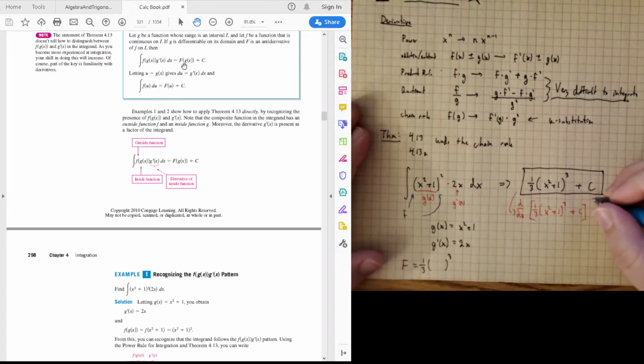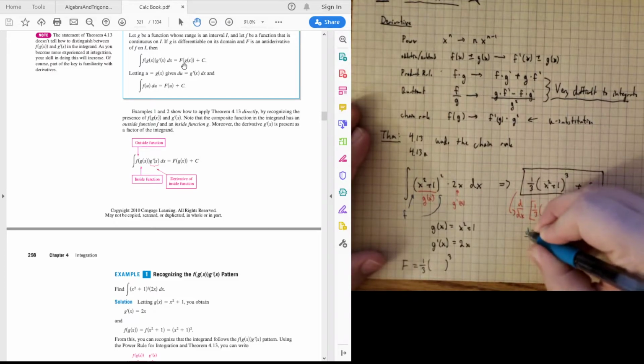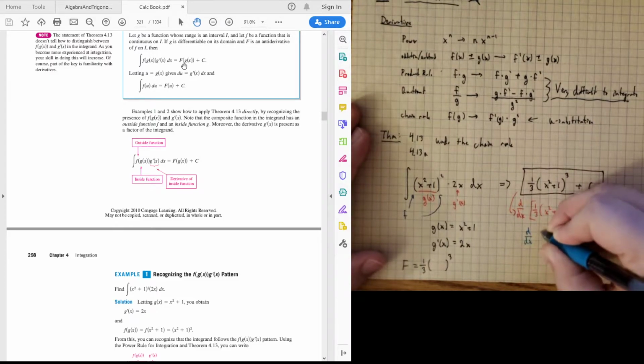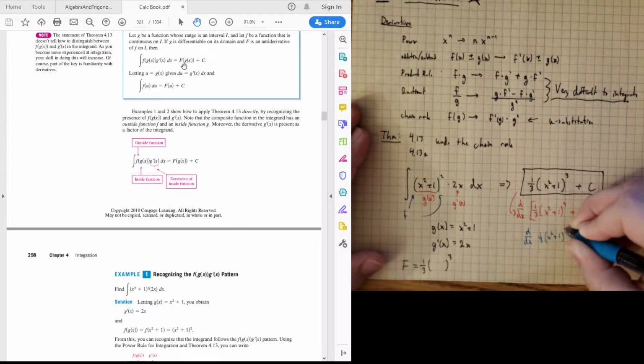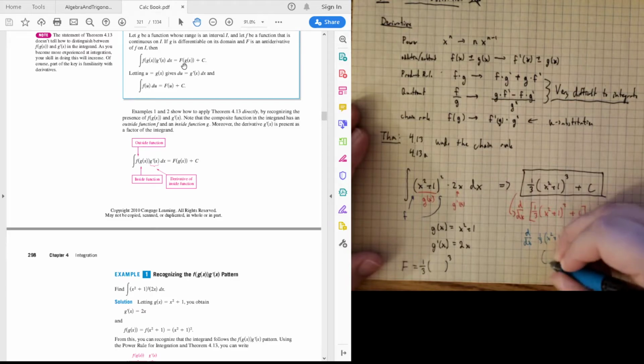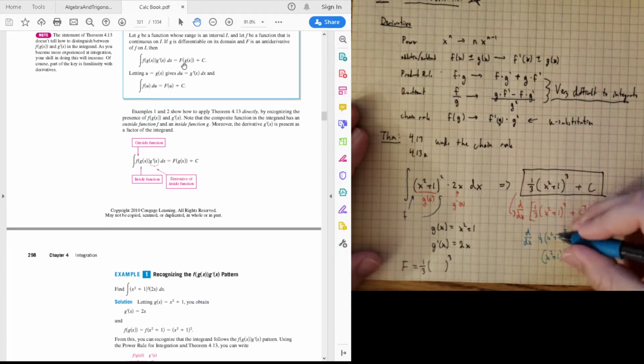If I take the derivative of this function, I would have to take the derivative of the 1/3 (x squared plus 1) cubed plus the derivative of c. Now, for this one, I would use the power rule with the chain inside of it. So 3 times 1/3 would make the 1/3 disappear. The inside stays the same. Drop 1 from the power. Times the derivative of the inside. The inside derivative of x squared plus 1 is 2x. And the derivative of c is just 0,